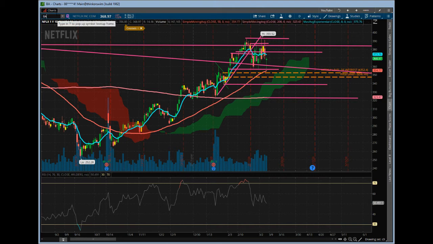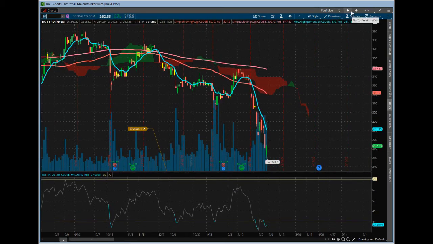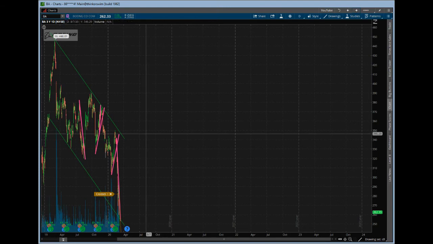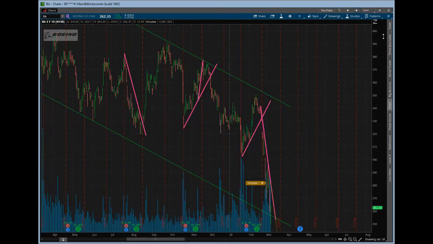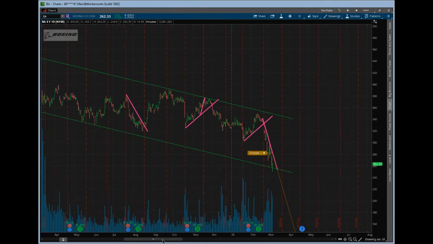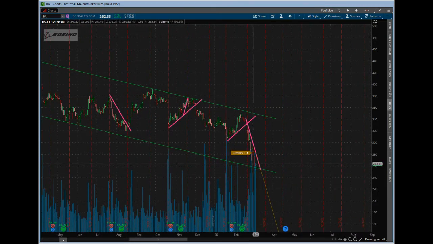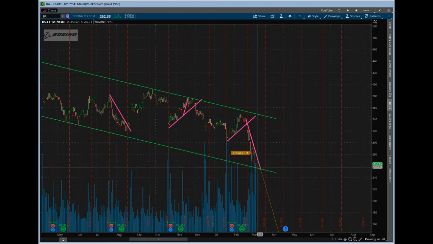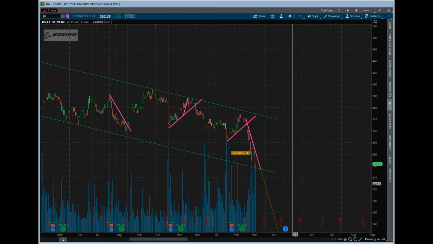Boeing, I love Boeing. Conceptually here, right? Here's the big channel that we've been tracking. So you can see I've got a big alert on this one. I'm ready for this thing to try to get a little bit of a rally here back to the top of the channel. I was thinking maybe it would get ready this week, but it just had some more news coming out saying the FAA said they might have to do a check on all the electrical systems or replacement of certain components of the electrical systems, all the 737 MAX airplanes,